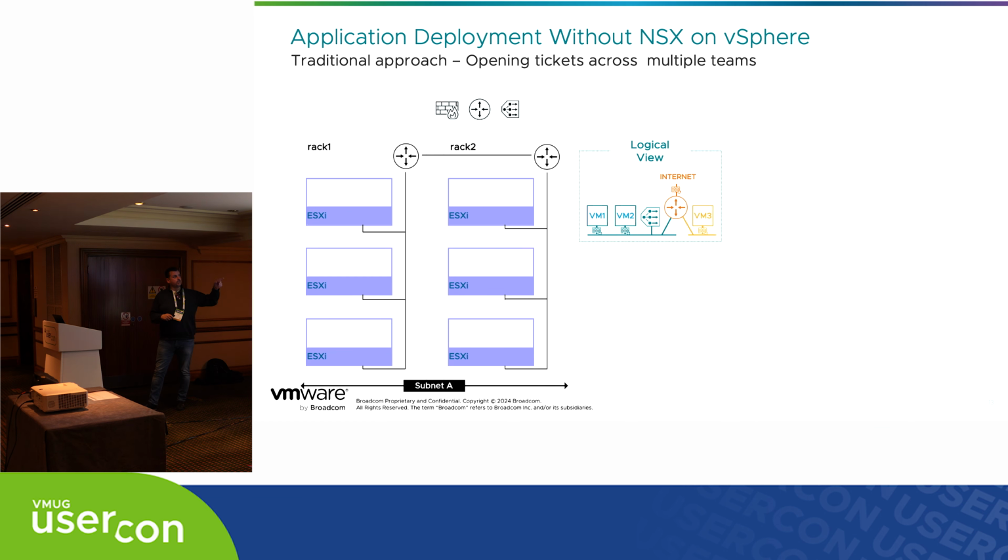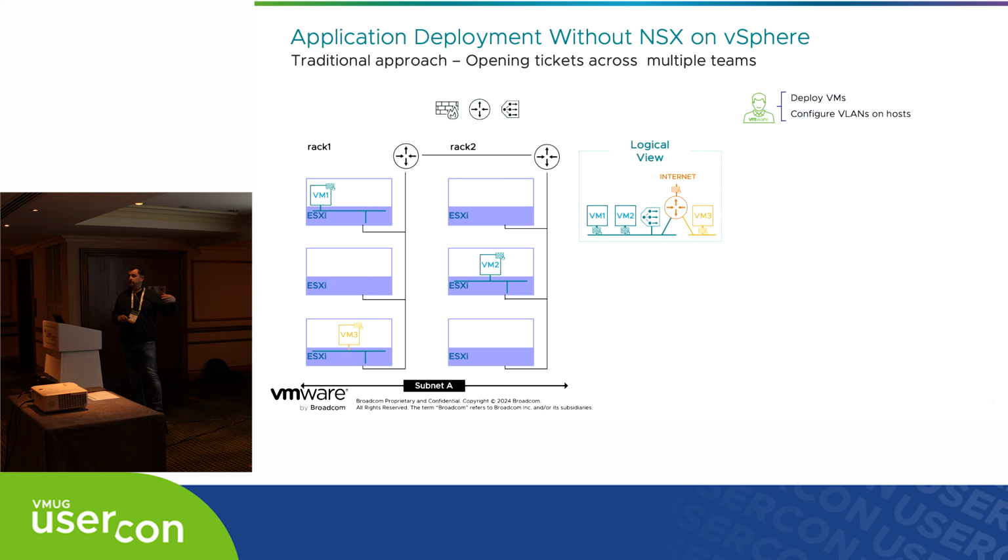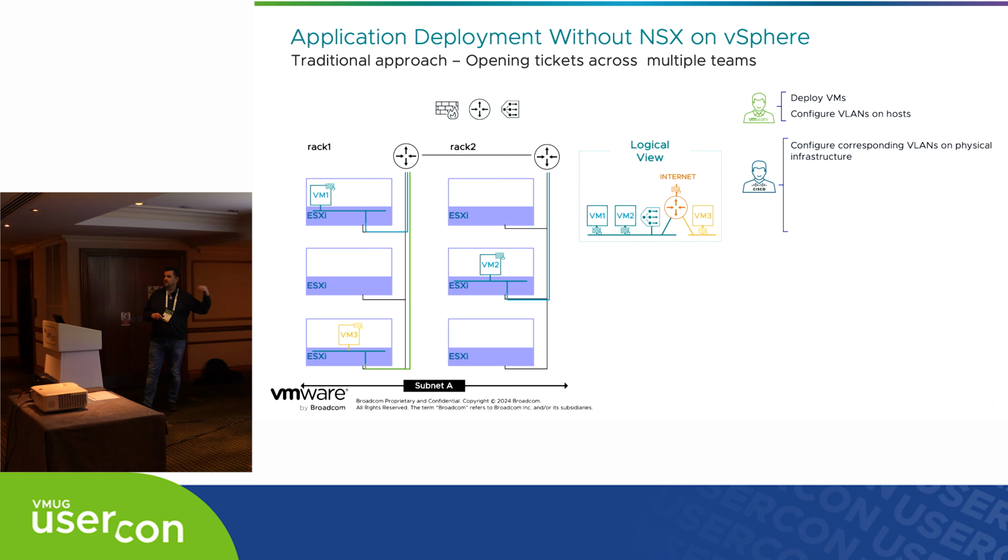So this is a good example of where we are without NSX on vSphere. We've got a couple of racks, and a logical view of what we want to set up: a couple of VMs on one subnet with a load balancer. We've then got an internet connection through the router, and the other VM3 sitting on a different subnet. What you'd have to do is get the VMware admin to deploy the VMs. You'd have to configure the VLANs on the host, so you'd configure some port groups on the host. He would then need to speak to the Cisco guy or the networking guy, whoever he might be, to